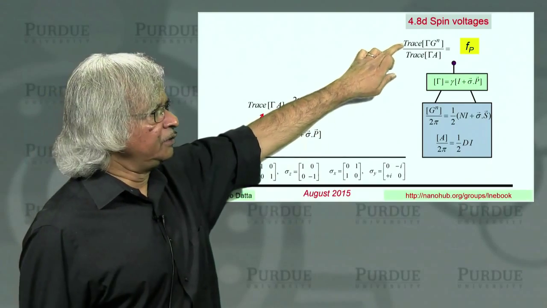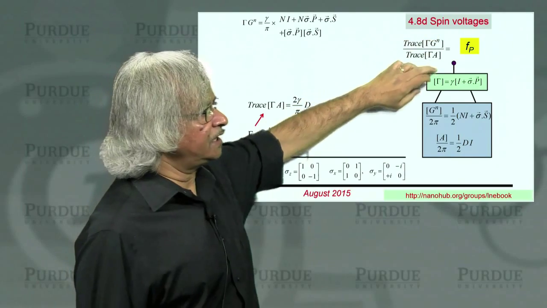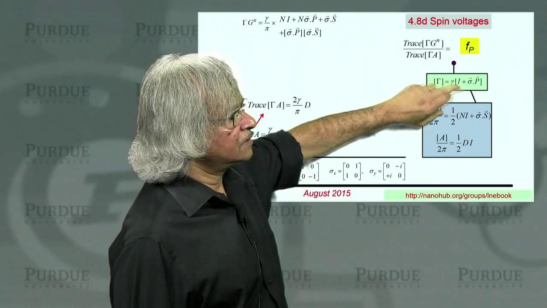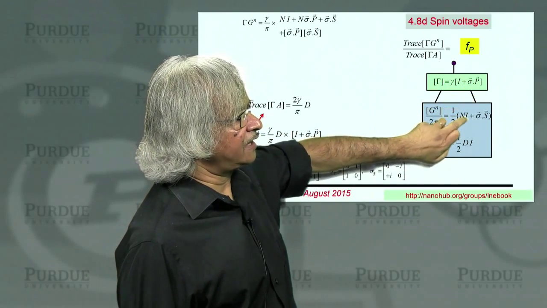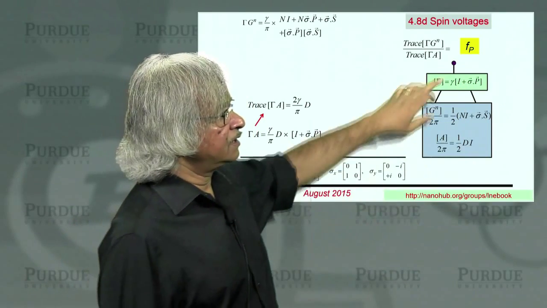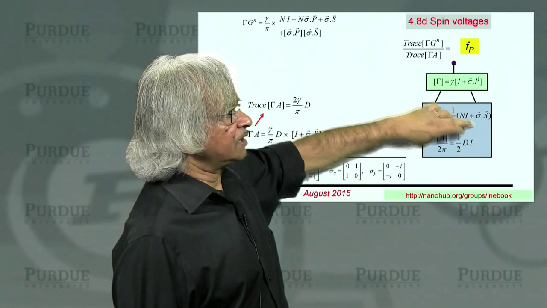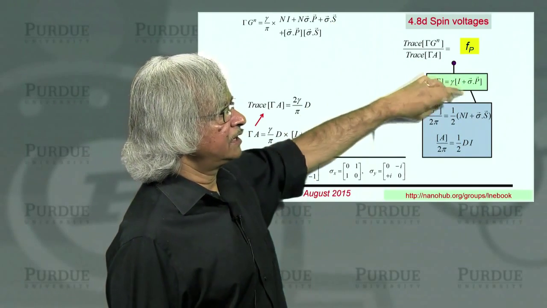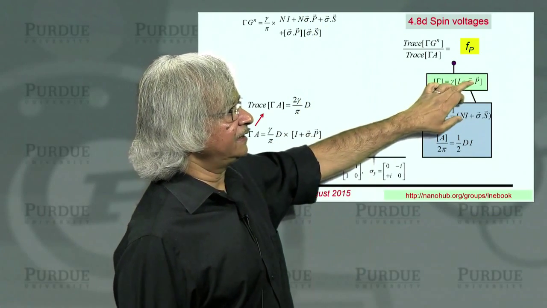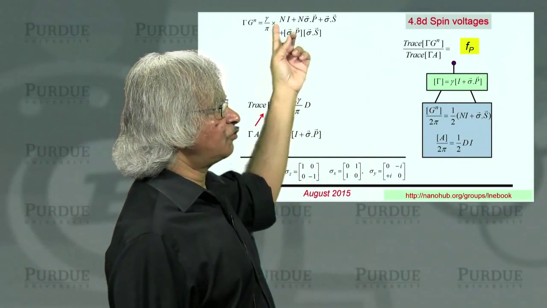Now, let's look at the numerator. So, that's trace of gamma Gn. And gamma Gn means I have to multiply this with this. So, it's I plus sigma dot p times nI plus sigma dot s. So, when I multiply it out, I get 4 terms. I times nI, that's nI. I times sigma dot s, that's the sigma dot s. nI times sigma dot p, that's n sigma dot p. And then there is the product of sigma dot p and sigma dot s. That's that one. So, you got these 4 terms.